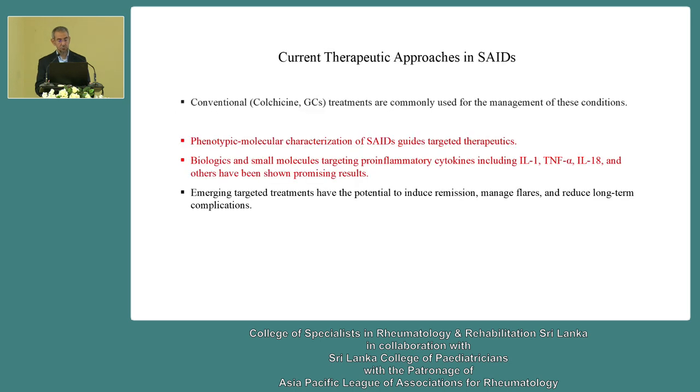I will not be able to discuss the treatment because it's beyond the scope of this presentation, but as a conventional approach, all the time we need to consider colchicine because it's a relatively safe medication. If you feel comfortable that this is not malignancy, not infection, you may consider a short course of steroid as a treatment. And according to the phenotype and molecular characterization of the systemic autoinflammatory disease, probably you need to tailor your treatment.